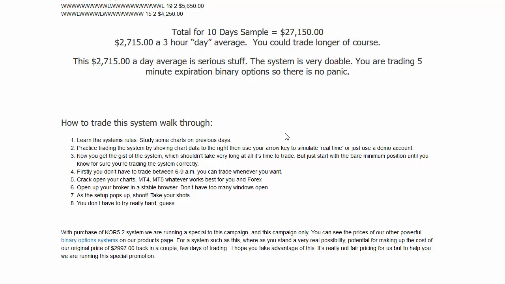Then you start with tiny money. All right, that's a big secret. A lot of people want to make the big money right away, and they dive in. And as soon as one trade doesn't work, what do they do? They say, "Oh, it doesn't work." They just totally give up and don't even go back to the system